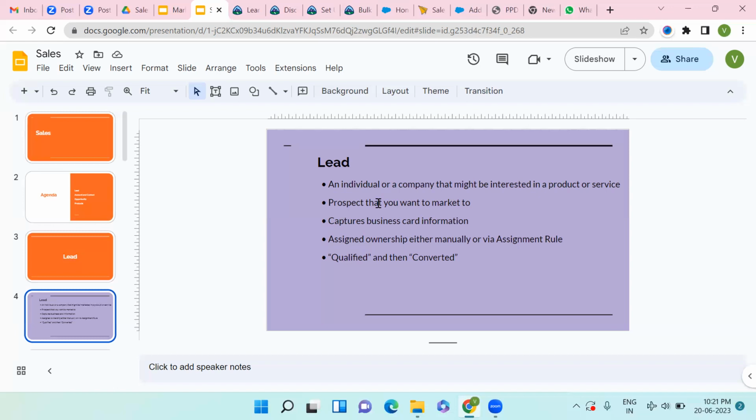Those customers which are interested in your product will become your lead. If you further take any action on those leads, those customers will generate revenue for you because they will buy your product. Okay, so this is about lead.